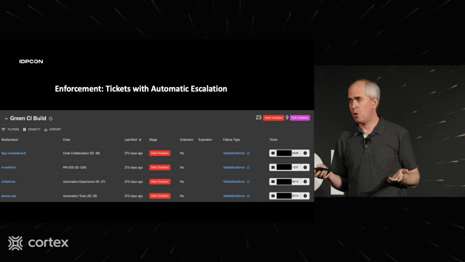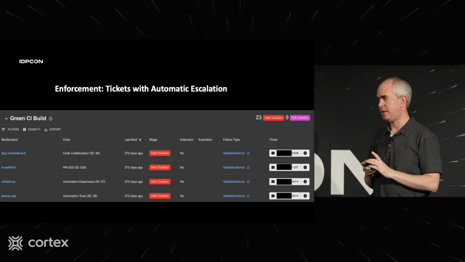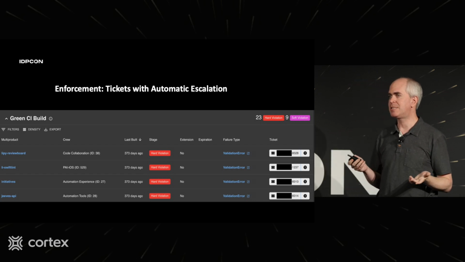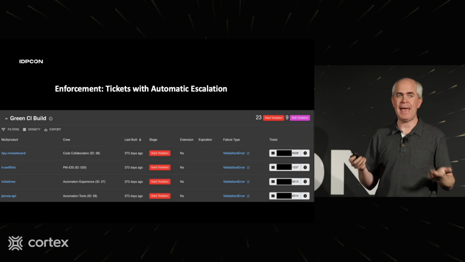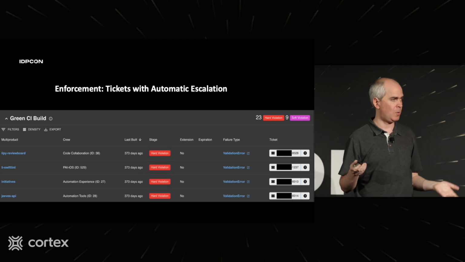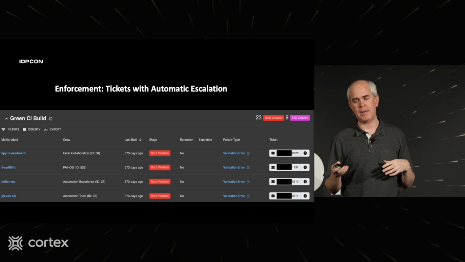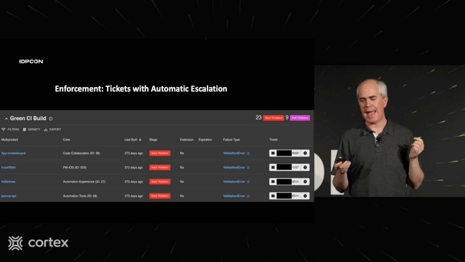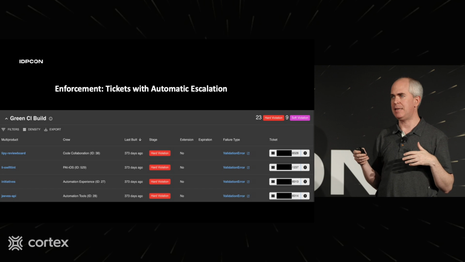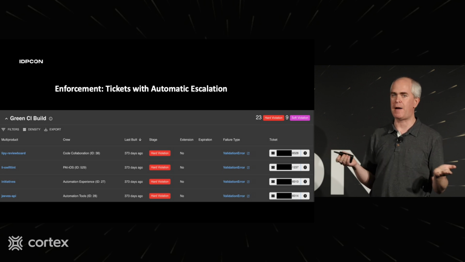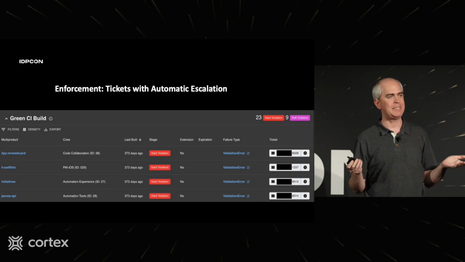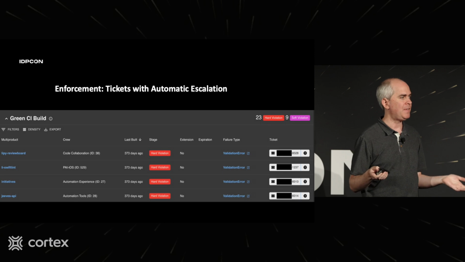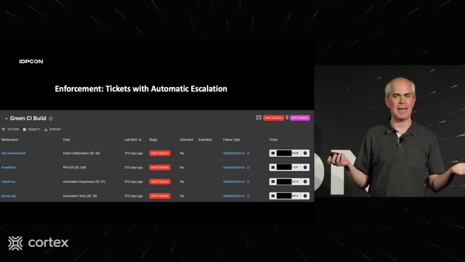Eventually, we ran out of work we could do centrally. At this point, there needed to be some way to actually manage people doing all this manual work. And so we created a system that we call the Code Health Policy Engine. What it does is it says, if your build is broken, we've filed a ticket against you. You have 7 days to resolve it. And if it's not resolved in 7 days, we will escalate that up the management chain.